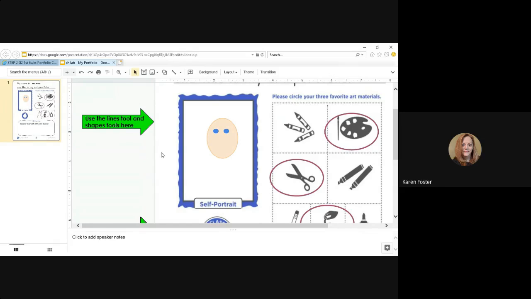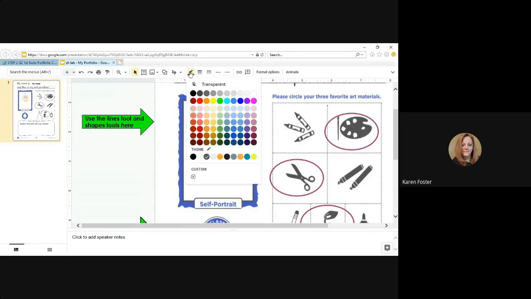So you can use your shape tools. You can also use your line tools. Select a line. If you want it to act like you're drawing with a pencil, you can use the scribble tool. Scribble my hair. Yes, I look beautiful. I'm going to change the color of the line